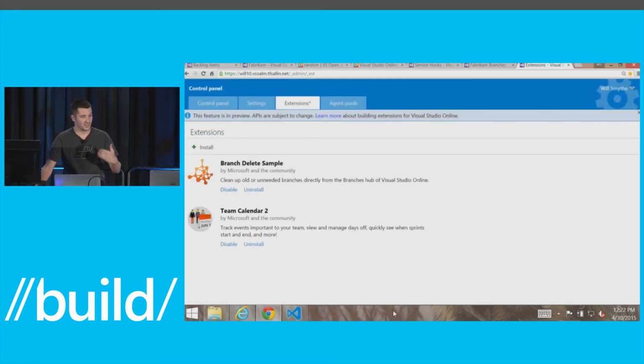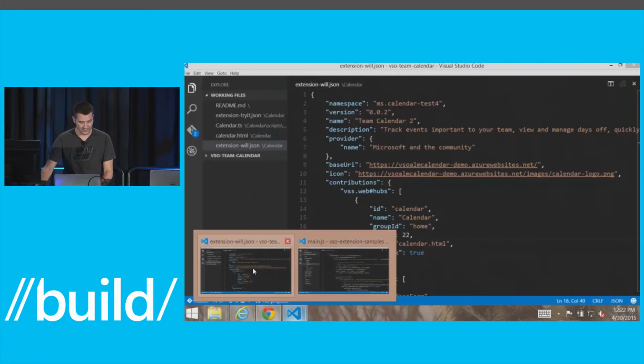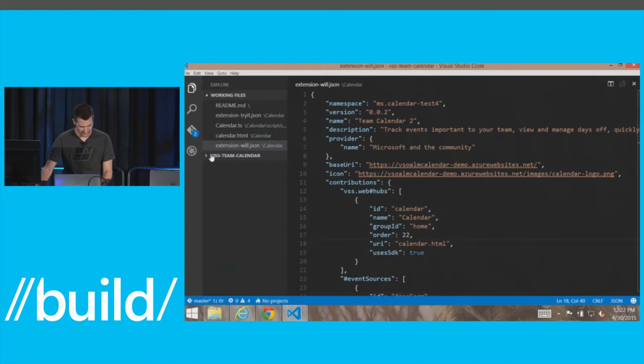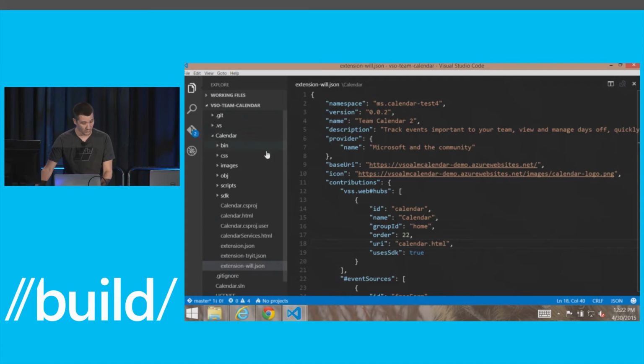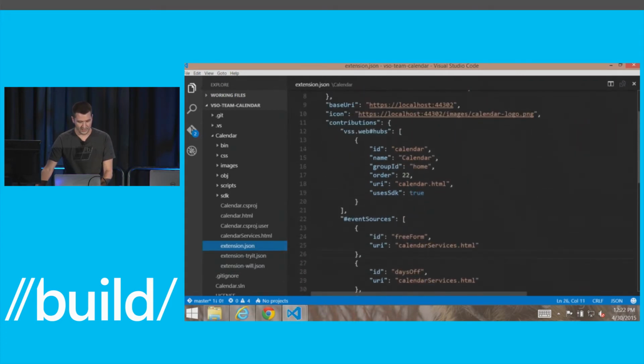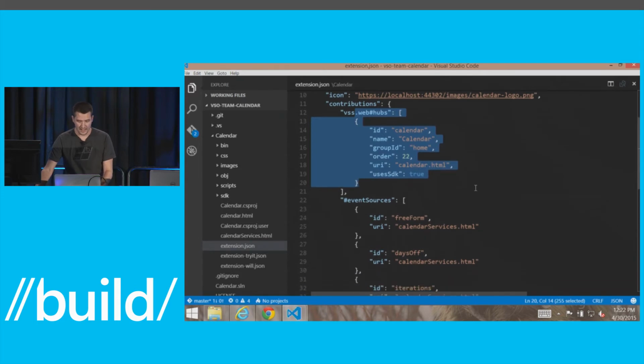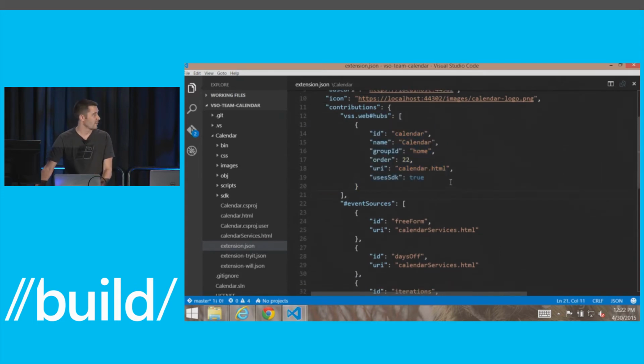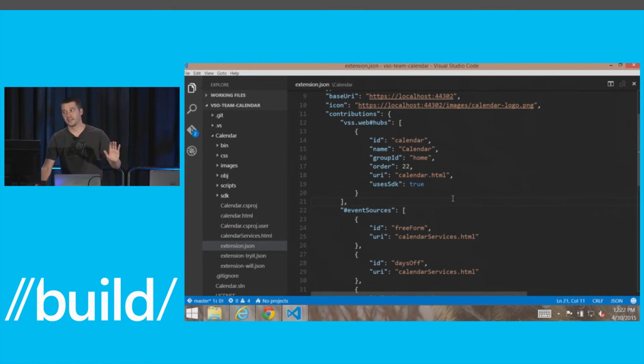But it's basically a very simple team calendar. So if I go back over here to this code and show it to you, this one's a little bit more complex, but it's the same idea. There's an extension manifest for this team calendar extension. It's contributing a hub, as you'll see here in a minute. And what's really cool about this particular extension is that it's been designed to be extended. So, to hurt your brain here,